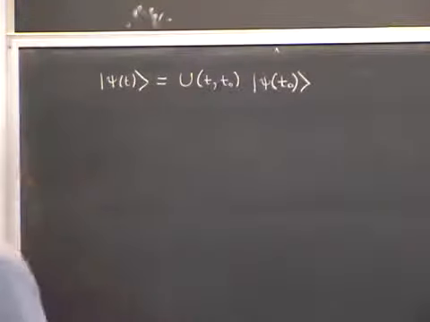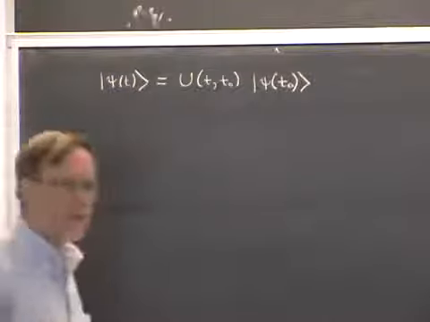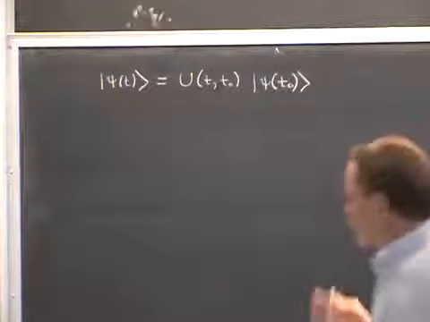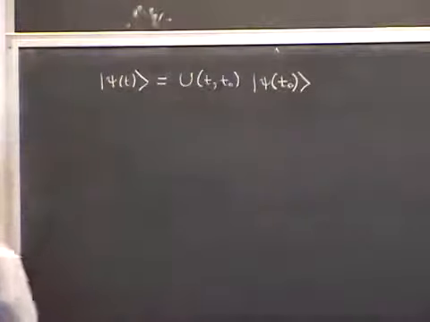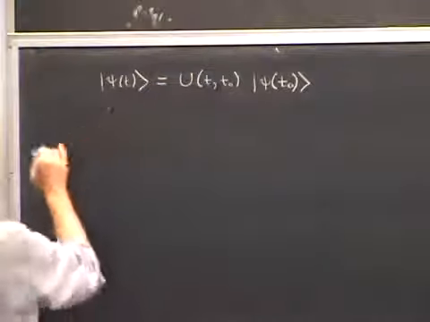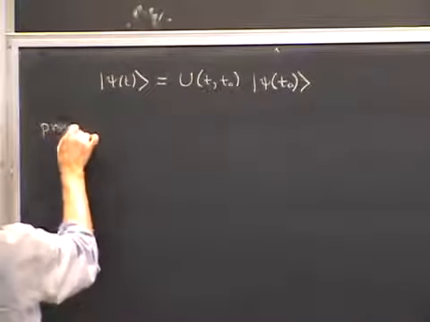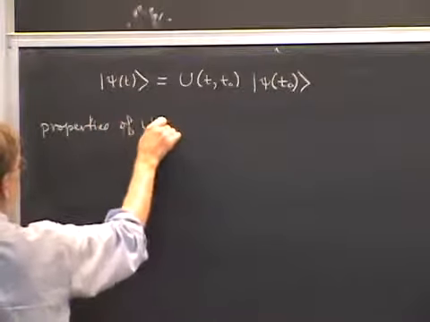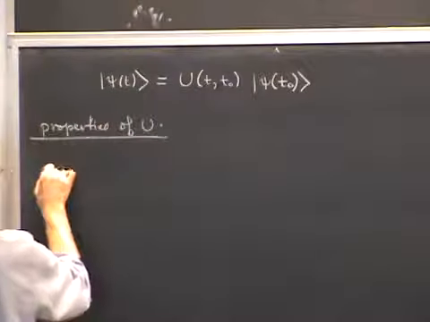So this is a postulate, actually. You can add this to the other postulates of quantum mechanics that we've talked about so far. In other words, it's to be confirmed by comparing to experiment. Now, about this operator U, it has certain properties, which are reasonable properties that we can write down. There's three that I want to mention.